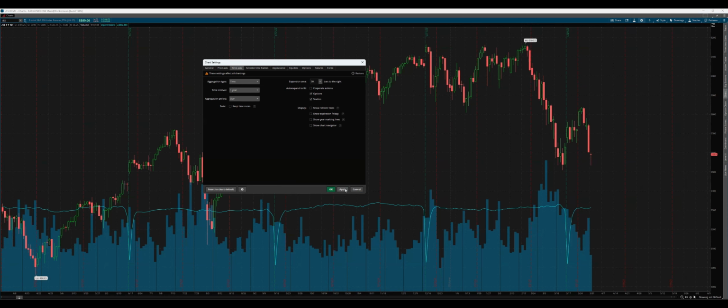So now I'm going to press apply, and you'll see that those red lines went away. These lines are specific to futures, so we will address them a little bit later. So first we're going to move on to